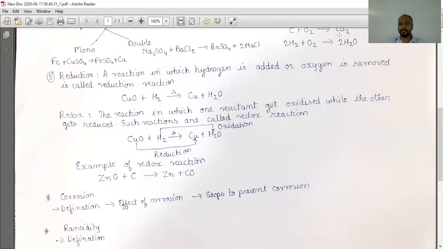So which are the steps which we can make use of to prevent corrosion? As mentioned earlier, coating of anti-corrosive material, coating of enamel paint. Next, corrosion inhibitors can be made use of. And last but not the least, sacrificial coating. Last topic is rancidity. Rancidity is a condition produced by aerial oxidation of fats and oils in food, marked by an unpleasant smell and taste. Rancidity can be prevented by adding antioxidants to food containing fats and oils.